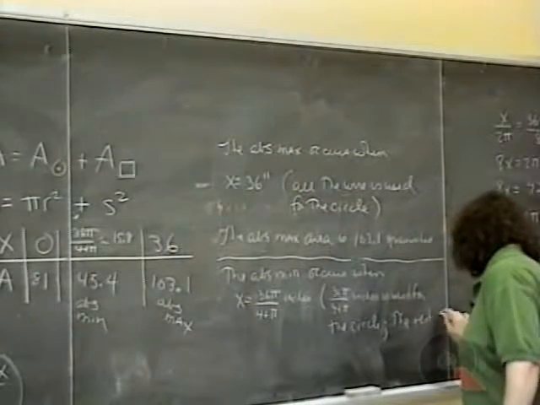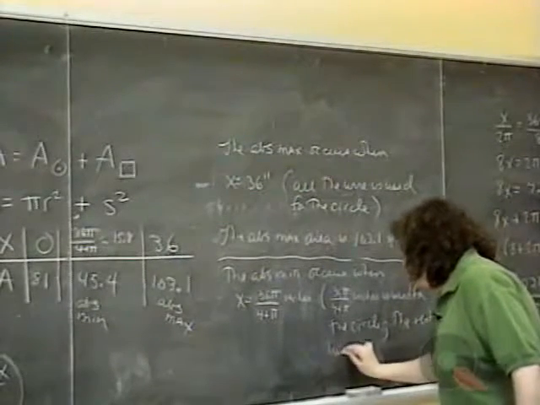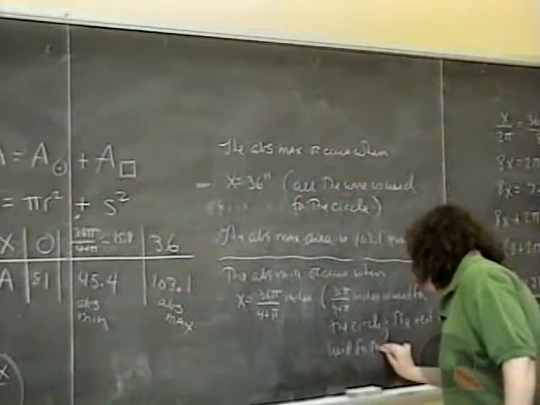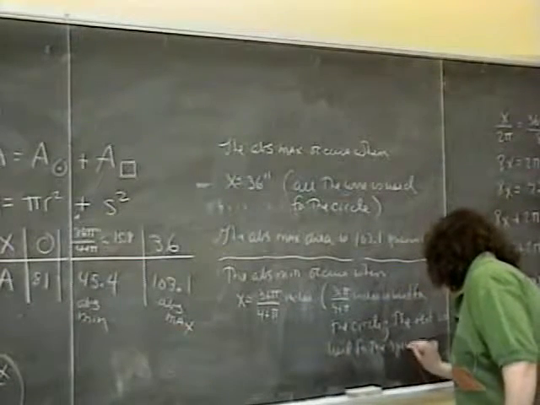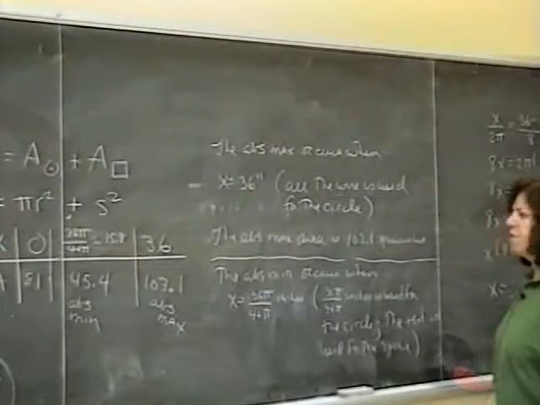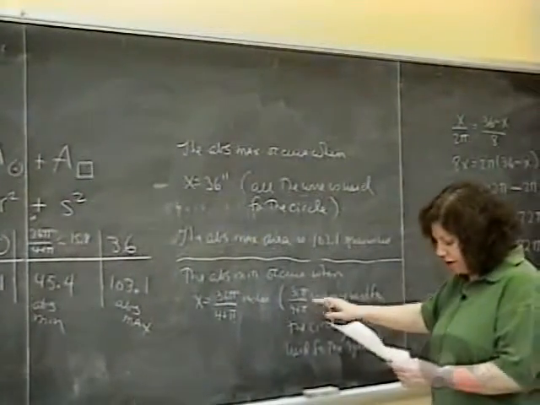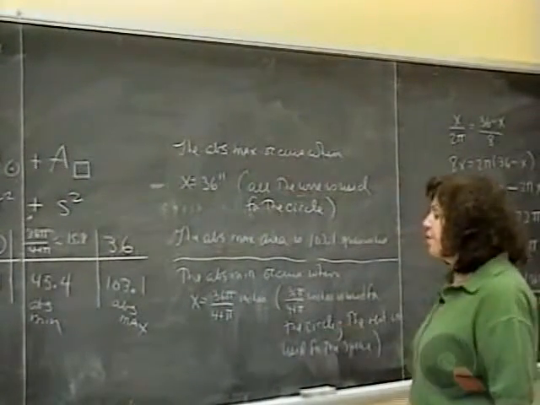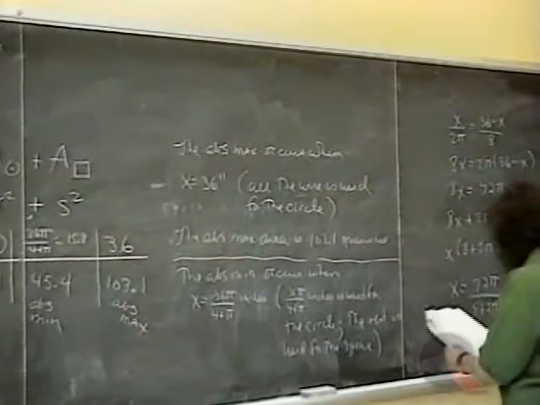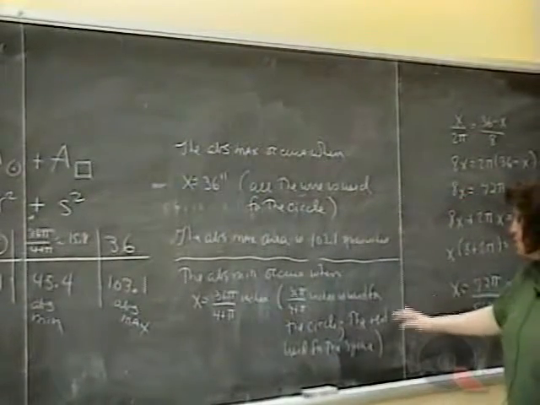The rest is used for the square. So if this is about 15.8 inches for the circle, then 36 minus 15.8, or 20.2 inches, is used for